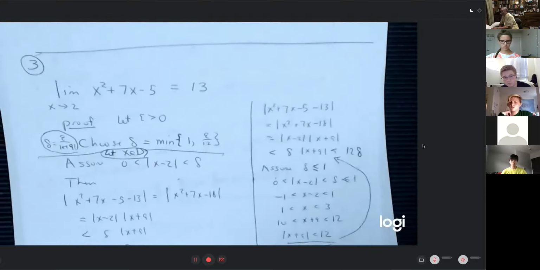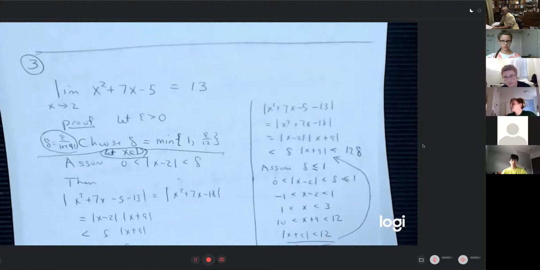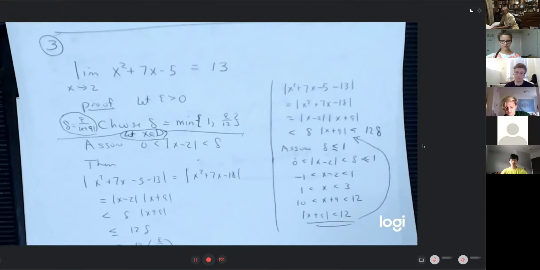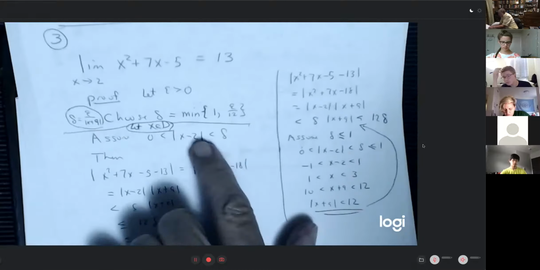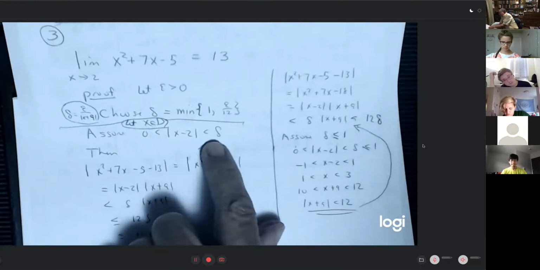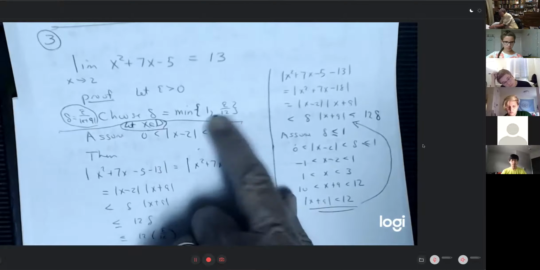Mathematicians are very smart people, and they don't like to work. They like to avoid work. So they figure out how to do something in general so they don't have to do it specifically many times. Okay? So anyway, this proof now, if I assume this about epsilon, and delta is assumed to be this, then when I play this game,